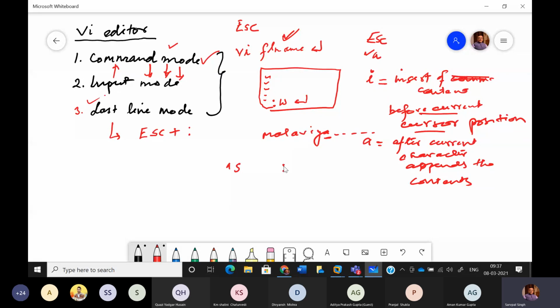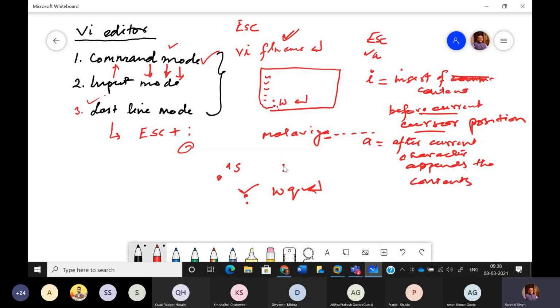इसी के साथ एक और सीक्वेंस आता है, जो दूसरा सीक्वेंस इसके साथ आता है वो ये है कि आप इसमें जब कोलन में, जो लास्ट लाइन मोड में जाते हैं, तो there you can specify WQ. WQ का मतलब है कि सेव एंड एग्जिट, क्योंकि W is saving और Q is exit, सेव एंड एग्जिट। तो आप इसमें सेव करके बाहर आ सकते हैं, ठीक है। तो this way we can just make the practice.